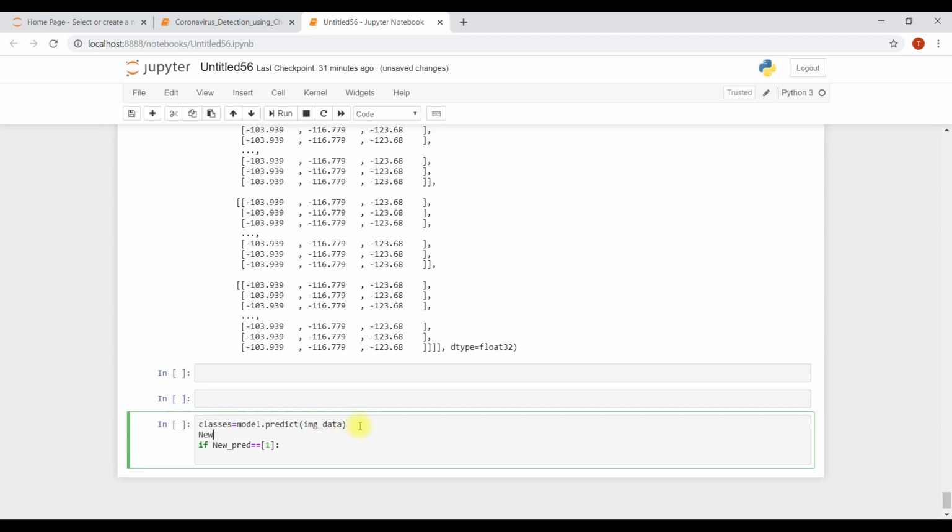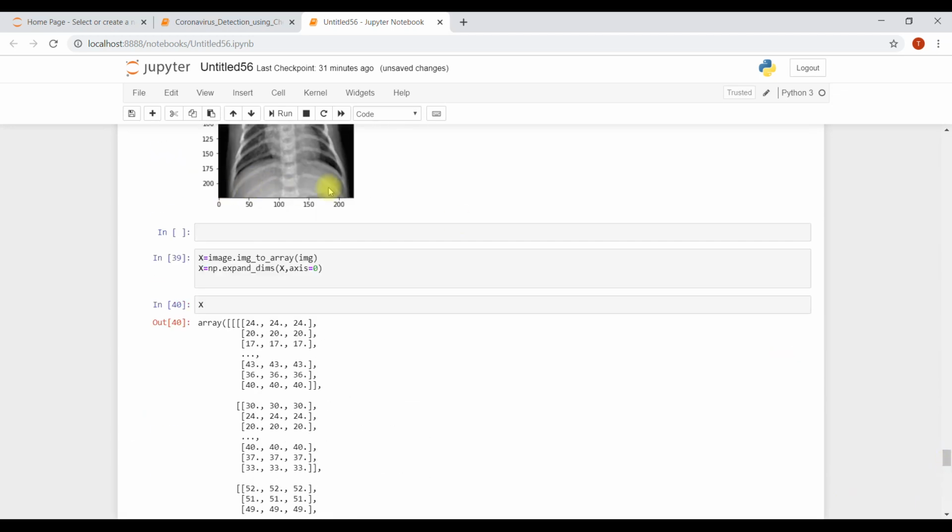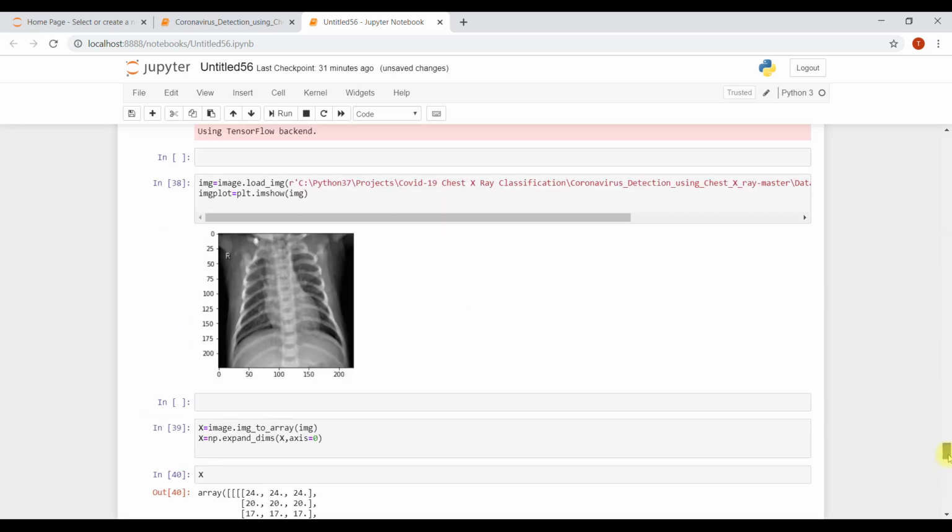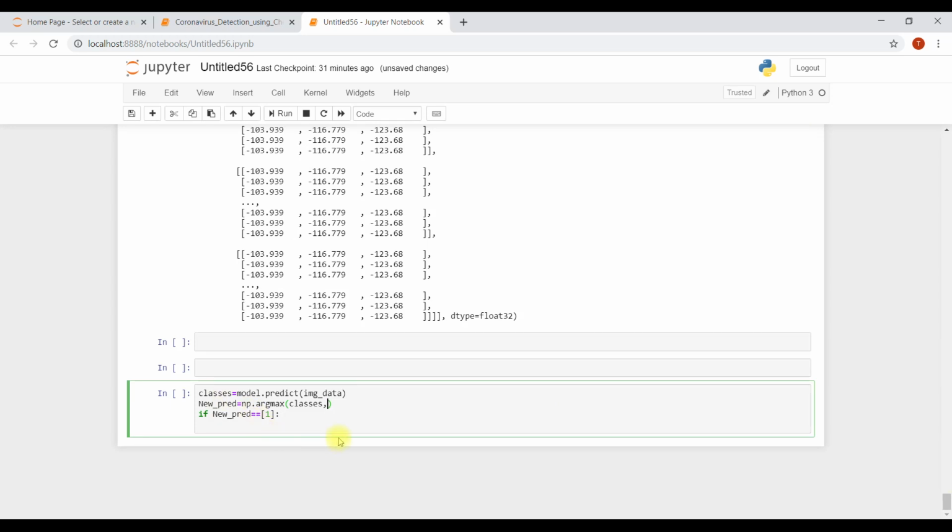We need to define new prediction also. New prediction equals numpy.argmax. As I told you, it might say this image is, let's say, 60% normal and 40% corona.